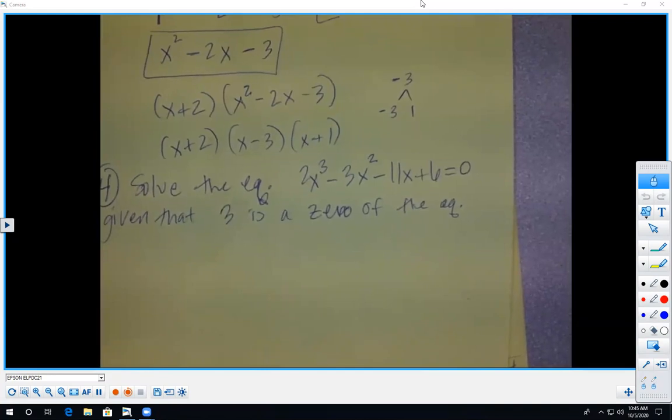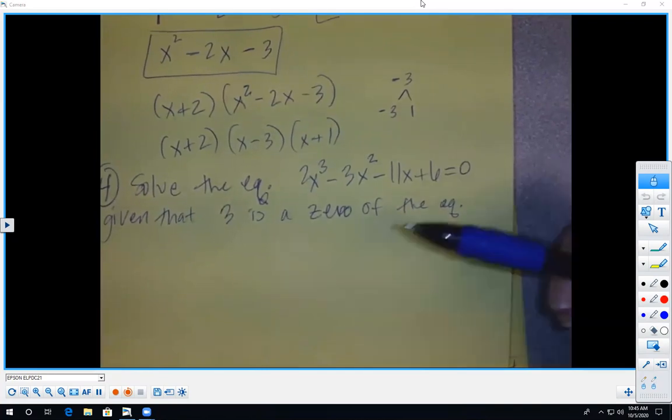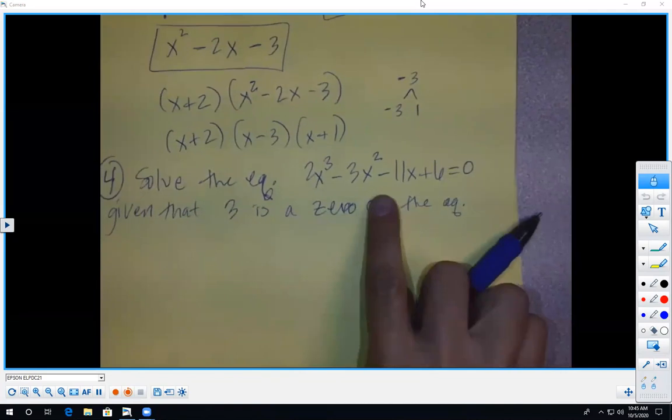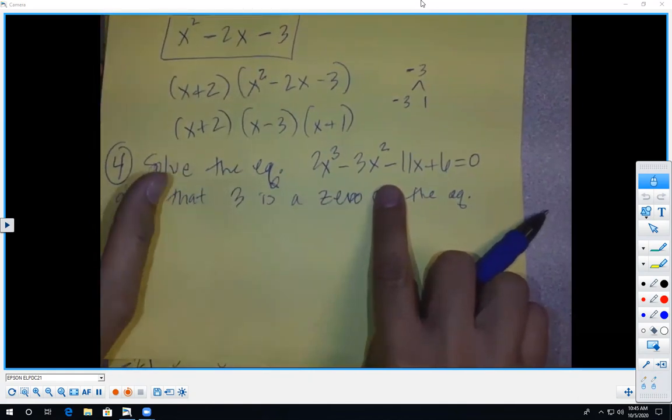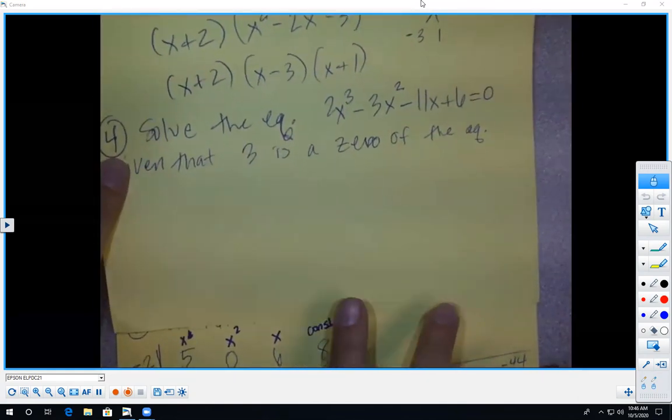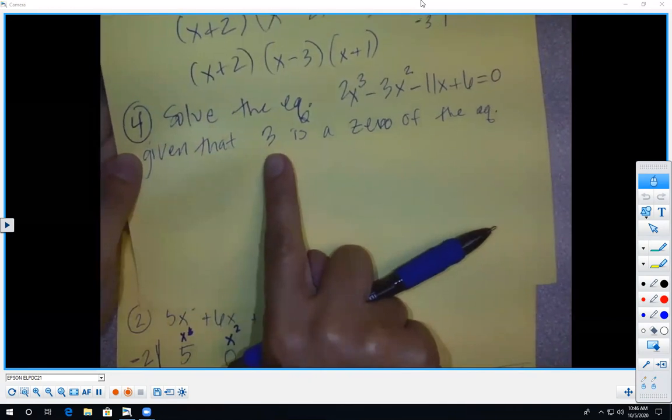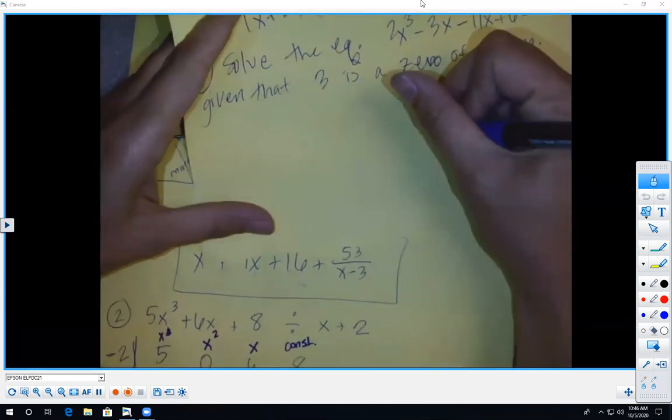The way to find the other 2 answers is to use division to factor. This does not factor. I cannot use factoring like grouping to factor this. It's not going to work, okay? So since it doesn't factor, the way I get my other 2 answers is to divide by that. Because when I divide by that, I'm going to get my